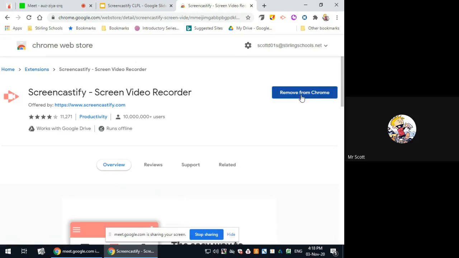So in the same place again, where it says remove from Chrome here, yours would have an option for add to Chrome. After you click that, you'll probably find that up in this top area, a little pop-up or two will appear asking for permission to use your microphone, your camera, record your screen, etc. And when that appears, you need to make sure that you accept it, because if you don't, Screencastify is unable